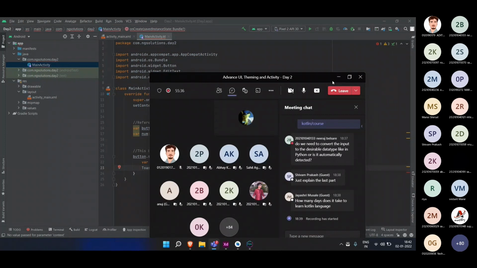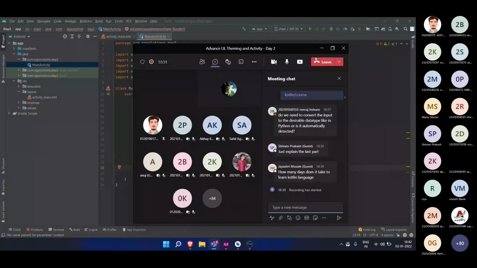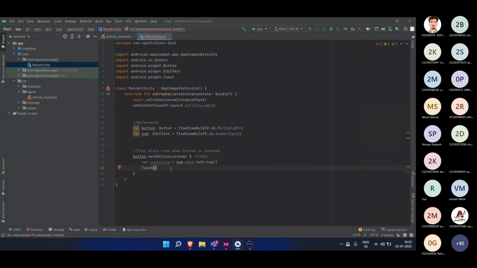But if you are trying to learn Kotlin as your first language, then it will take you around 3 to 4 months. If you learn from YouTube, giving 1 to 2 hours daily, then it will take about 3 months for perfection. Okay, so don't worry, till then you can start doing basic stuff. Basic stuff you can learn within a day or two, so don't worry about that.